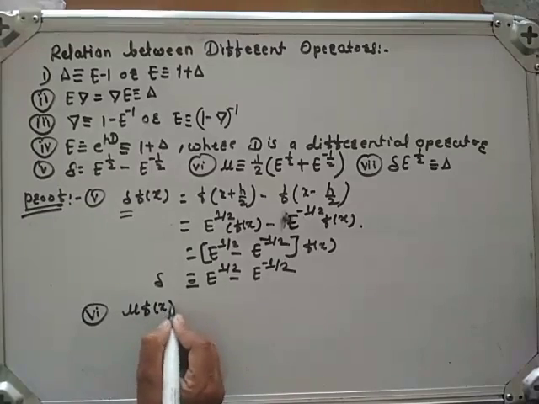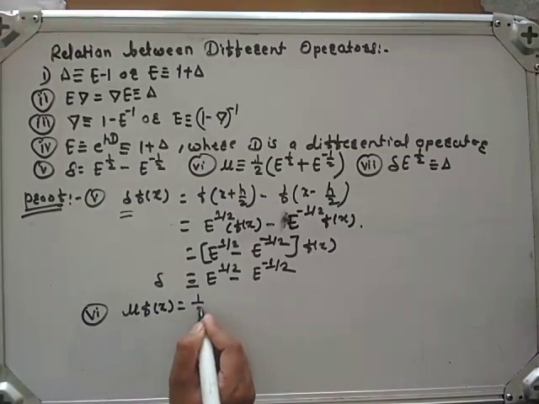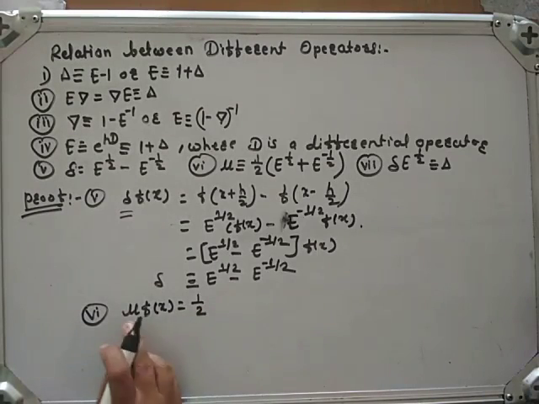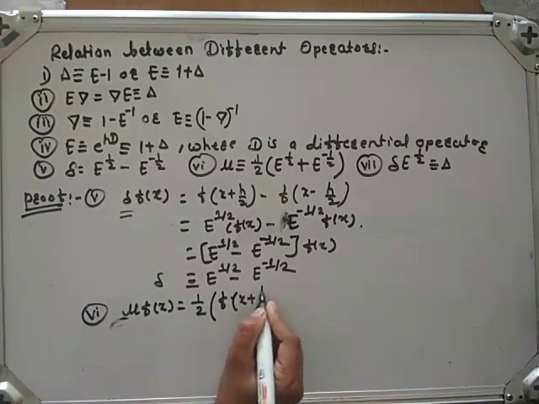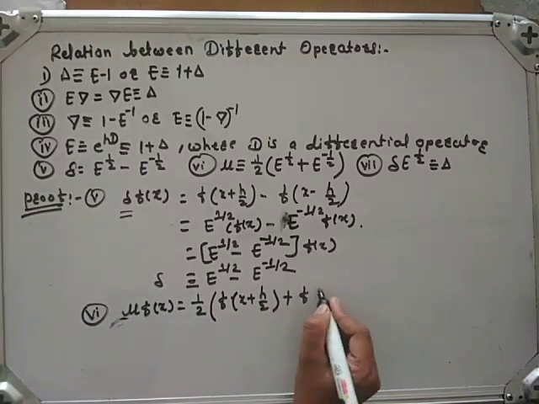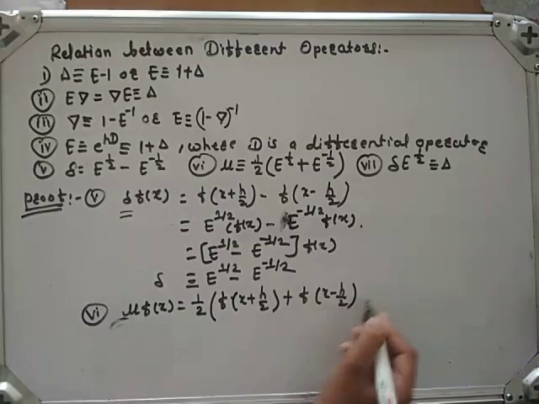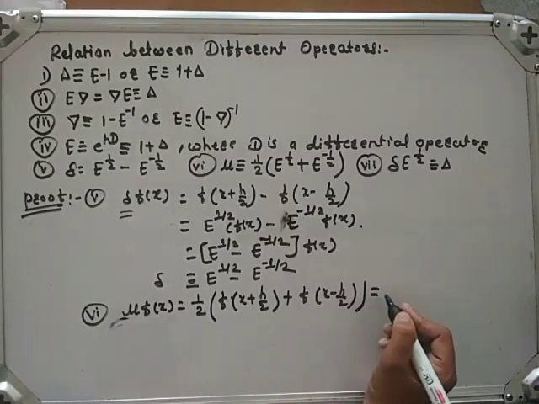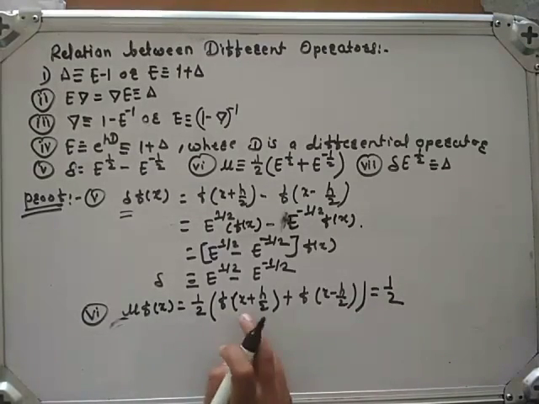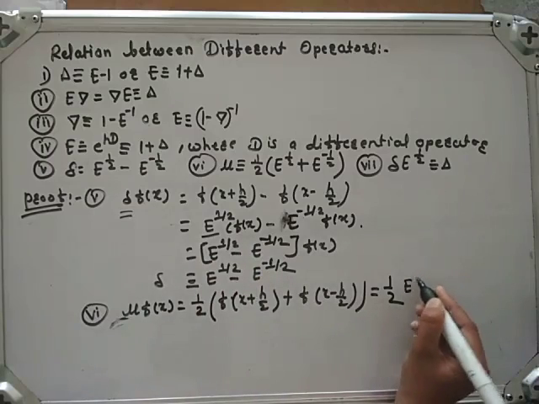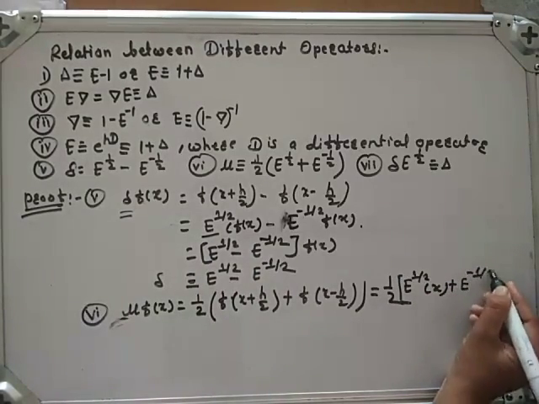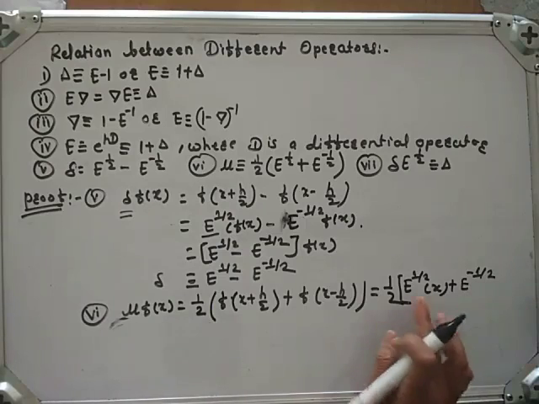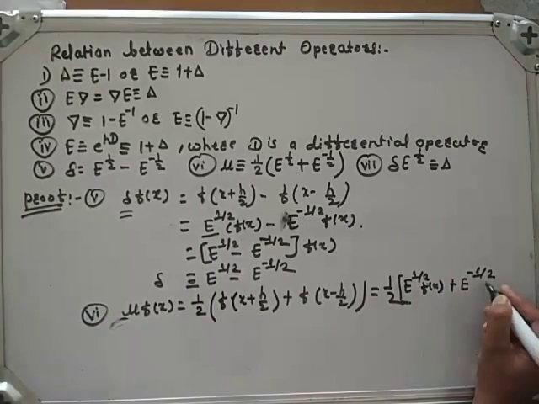For this, we take mu of f of x, which is equal to, as we have discussed in the definition of mu, 1 by 2 of f of x plus h by 2 plus f of x minus h by 2, which is equal to 1 half, E raised to 1 by 2 of f of x, plus E raised to minus 1 by 2 of f of x,